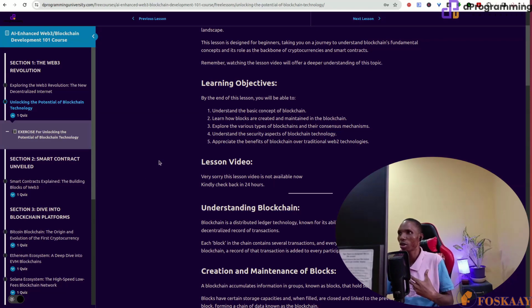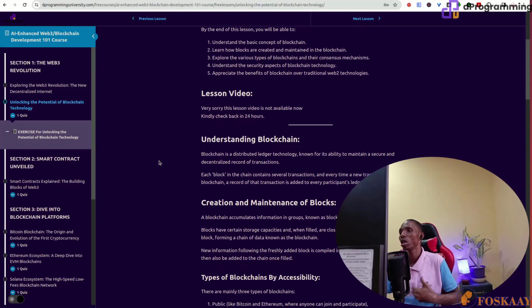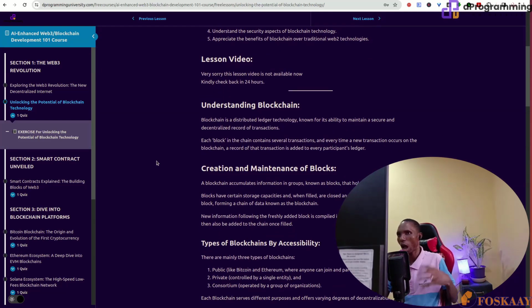We want to look at the basic concept, learn how blocks are created and maintained, explore the various types of blockchains and their consensus mechanisms, understand the security aspect of blockchain technology, appreciate the benefit of blockchain over traditional systems, and the types of blockchain developers that exist. Which one will you like to be? So I want to run through all of this for you step by step.